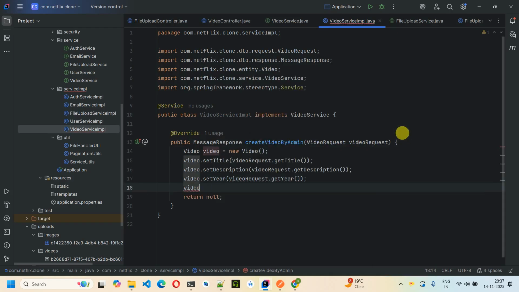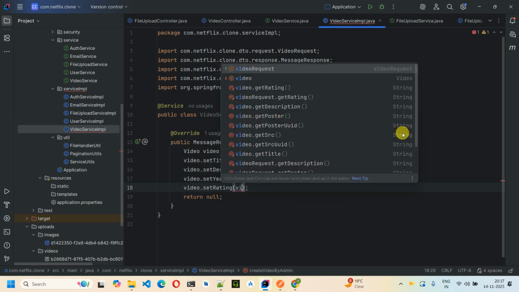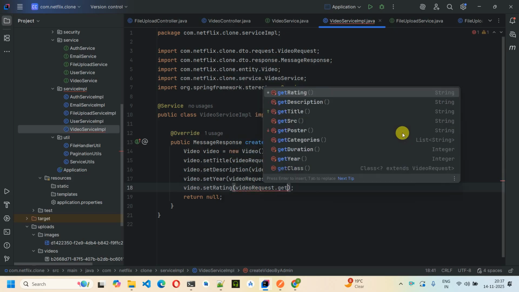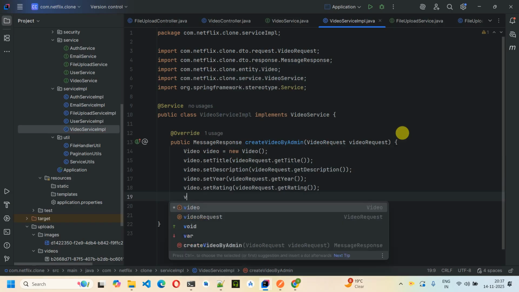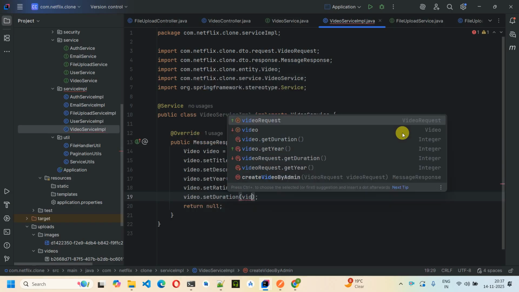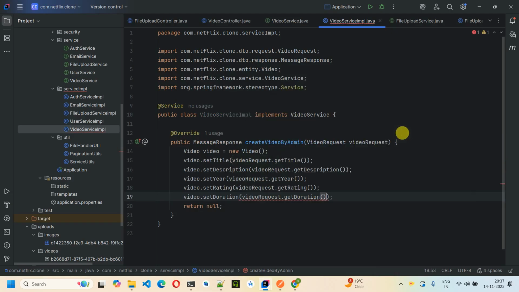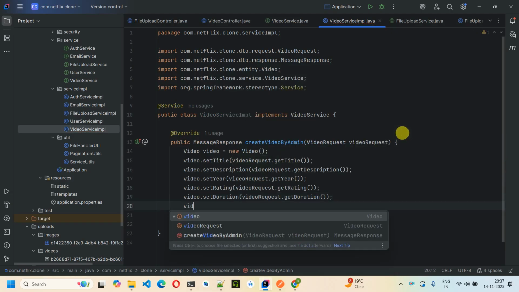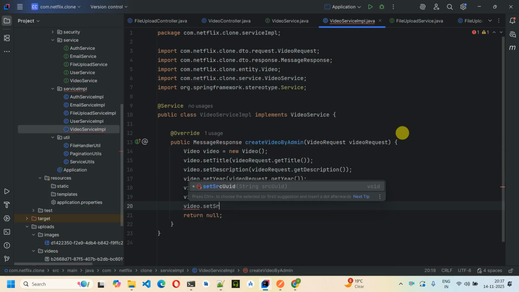Then video.setRating, videoRequest.getRating. video.setDuration, videoRequest.getDuration. Then we will get video.setSRC, videoRequest.getSRC,